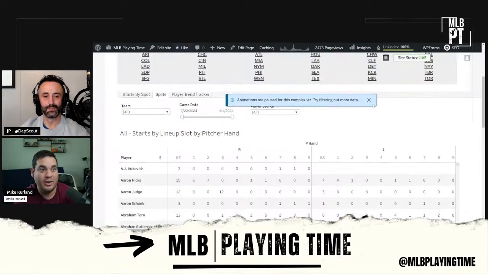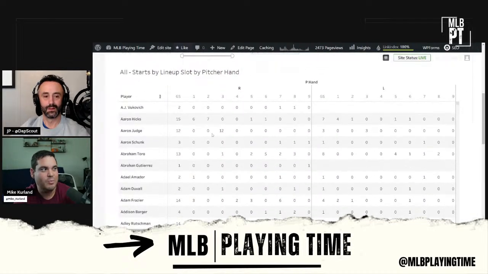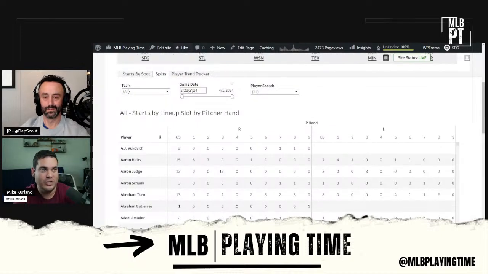You have to actually alter the dates for those though, because it is showing spring training stats. But it's going to give you your total games started versus lefties, total games started versus righties, and it's going to show you where in the lineup they hit. And again, you could change the dates on that. So if you change the dates, make it after spring training, you'll get the regular season values. And as the season goes on, 2 to 3 weeks.